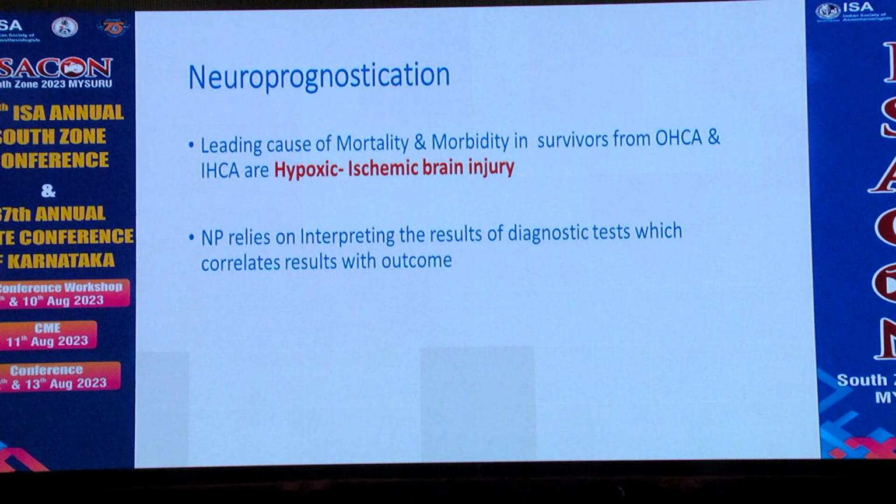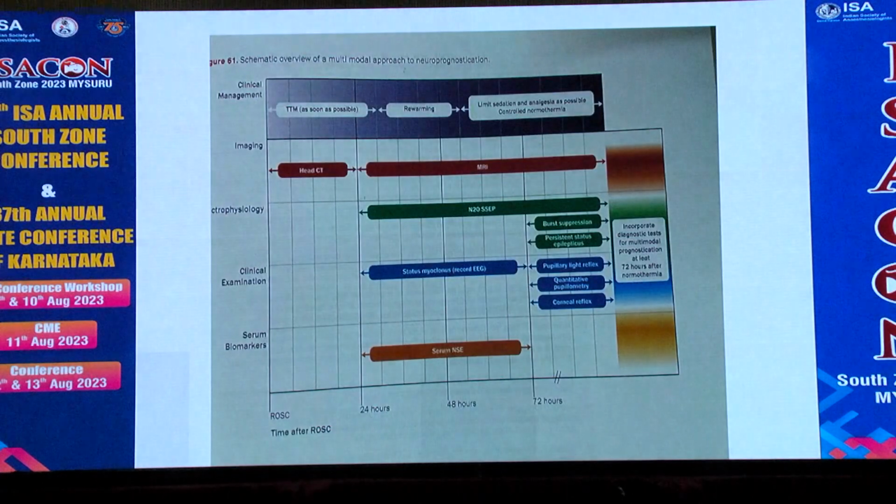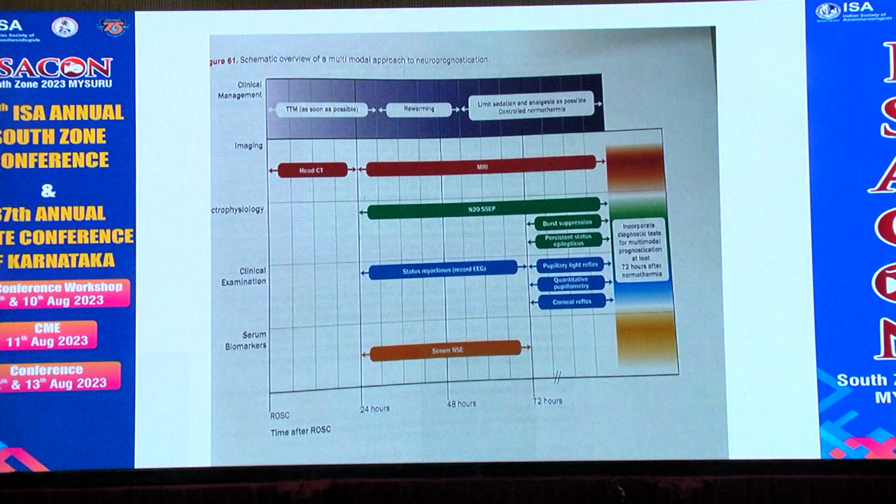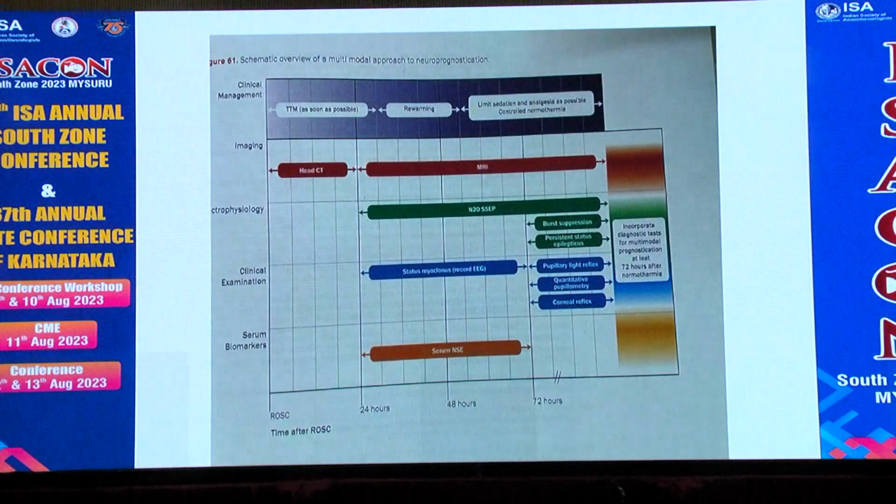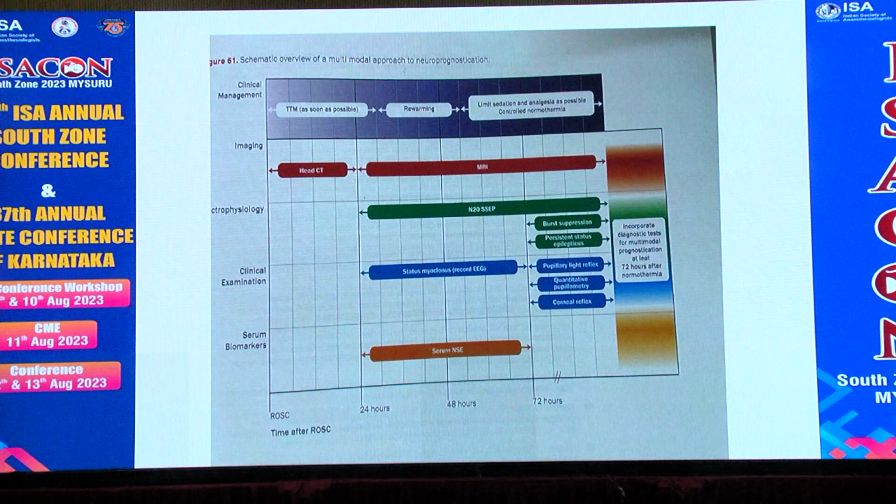The leading cause of mortality and morbidity in survivors from cardiac arrest is hypoxic ischemic brain injury. It relies on interpreting the results of diagnostic tests, which correlates the results with outcome. These are the tests that are usually advised to check the neuroprognostication. After attaining rewarming, limit the sedation and the analgesics for the patient. In the imaging, check with the cardiac CT or MRI, in the electrophysiology, do the SSEP, and in the clinical examination, the status of the myoclonus, and the serum biomarkers, that is the serum